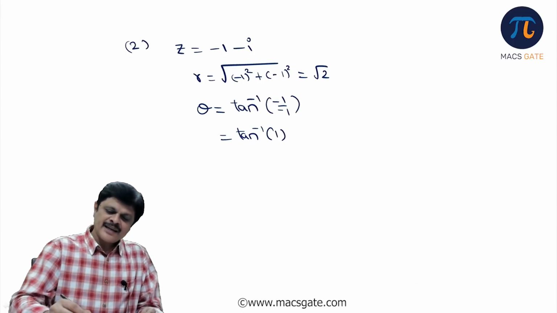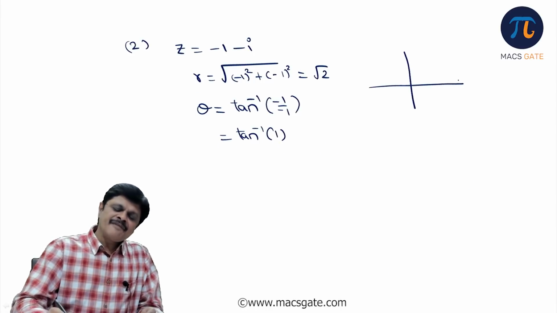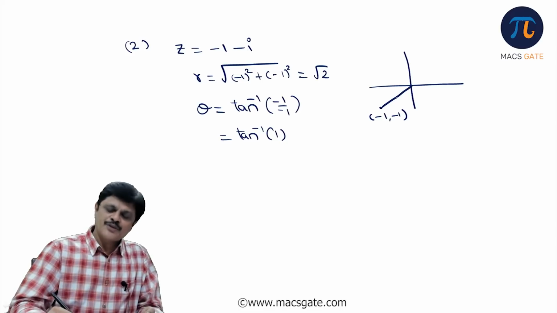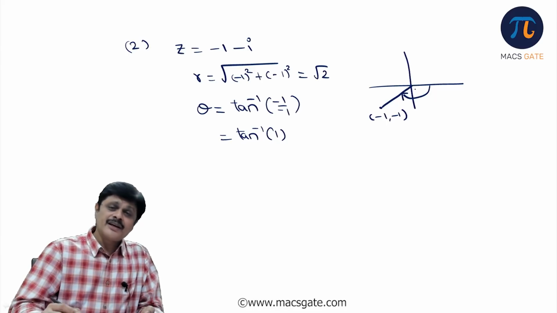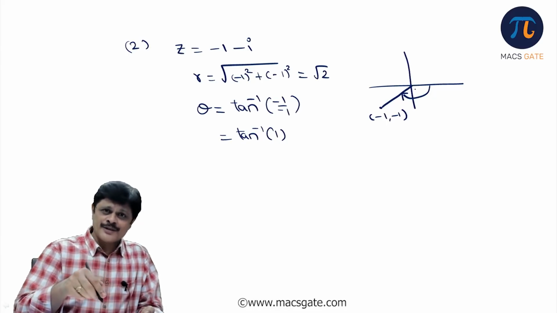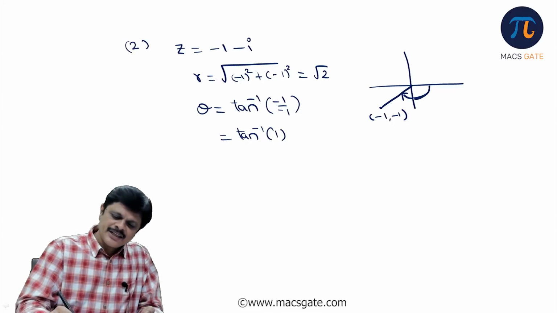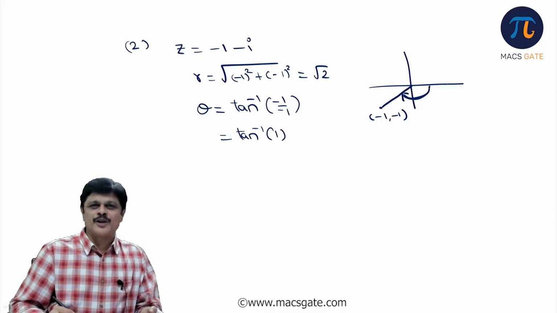But please be careful. 1 + 1i is in the first quadrant, but minus 1 minus i means it is in the third quadrant. So this length is root 2, but this angle is this much. If you take this particular angle, it is correct, but that is not the principal argument because it is more than pi. So instead of this, we try to use this angle because this is the principal argument. There is nothing wrong if you take the other one also, but we generally try to express in terms of the principal argument. So this is the principal argument.